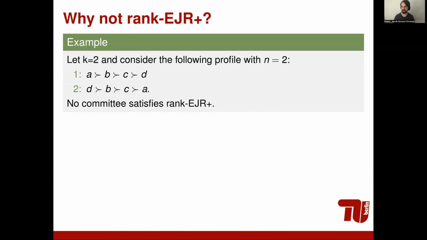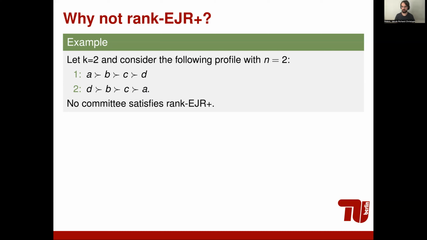Now, the natural first thing to ask is, why can't you do rank EJR+, so using the stronger axiom? And there's a very simple example where it fails, namely here, for simply 2 voters and 2 candidates to be elected. For the first prefix, we would require A and D to be selected. But then for the 3 prefix, 1 and 2 are too cohesive, so to say. So even for EJR, we would need to select either B or C. So we would need to select A, D, and B, but we only have 2 seats, so this is not